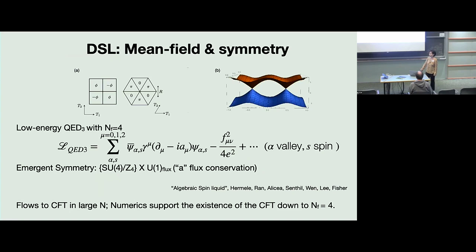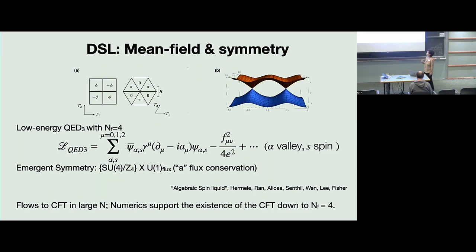When the spinons are at half filling, as imposed by the physical Hilbert space constraint, the spinon dispersion for each spinon species will have 2 Dirac cones. So together, low energy will have 4 Dirac cones. Each spinon will have 2 valleys, and together we have 2 spinon species. And they couple to the U(1) photons, so it's described by quantum electrodynamics. And there is an emergent symmetry group, which is SU(4), that rotates between the 4 Dirac fermion flavors.